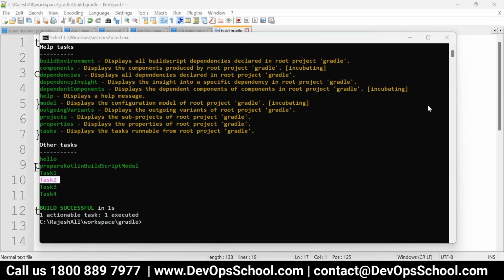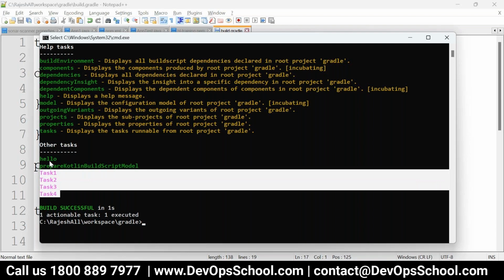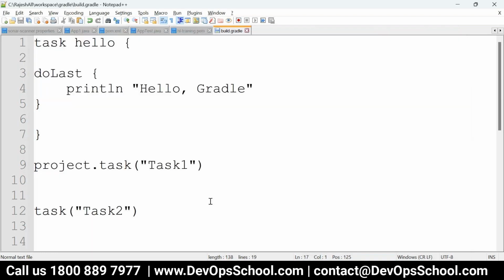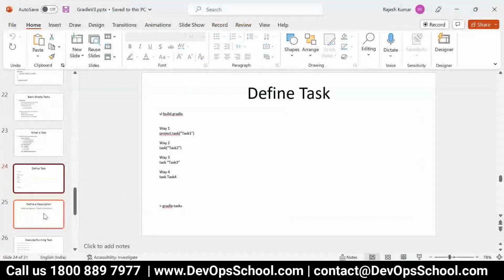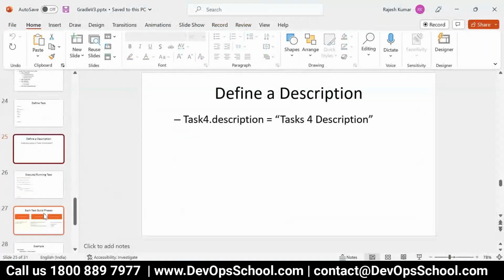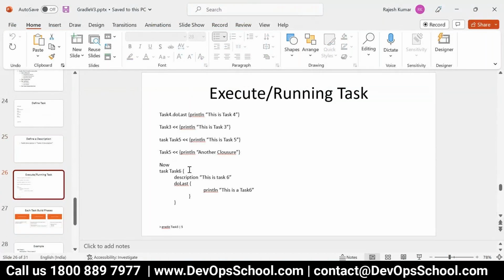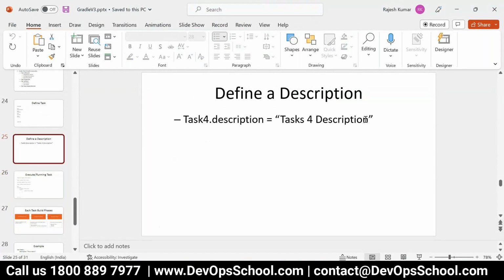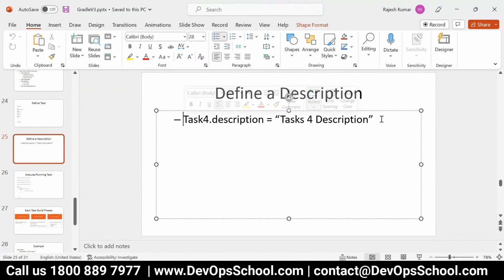So these are the list of tasks and stuff like that. So guys, now what next? Now how do you write descriptions? How do you write descriptions? There's one way to write a description, which is this one. So if you want to write a description for hello,